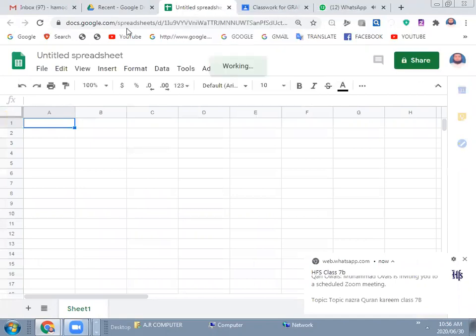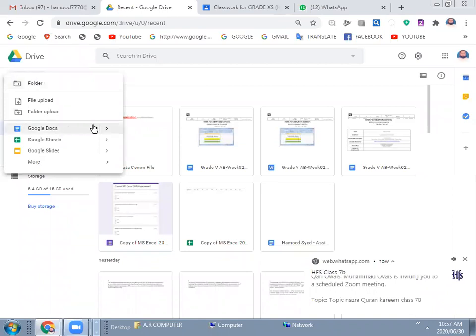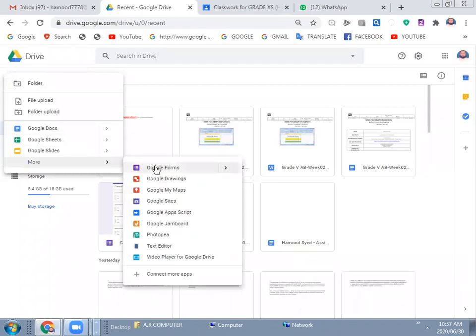Now I want to give you a short assignment. I have given it in your Google Classroom. I want you to make a short test. Look at this. There is another application that is called Google Forms. Suppose I want to take your test of chapter number 2, data communication, error checking methods, internet technologies.